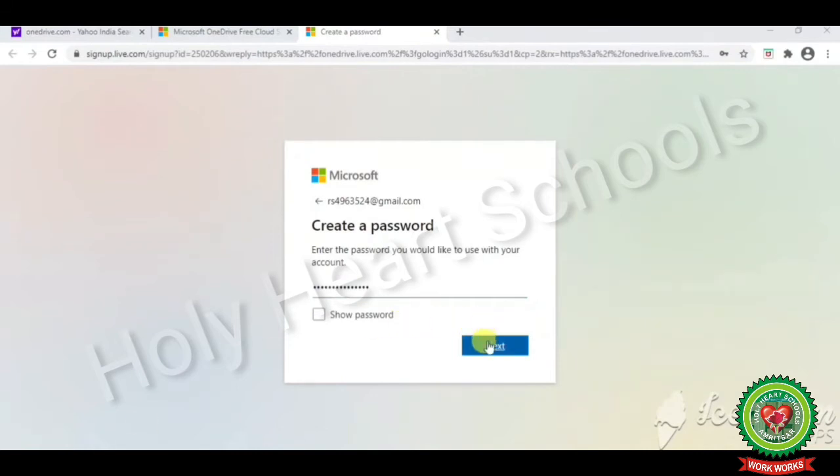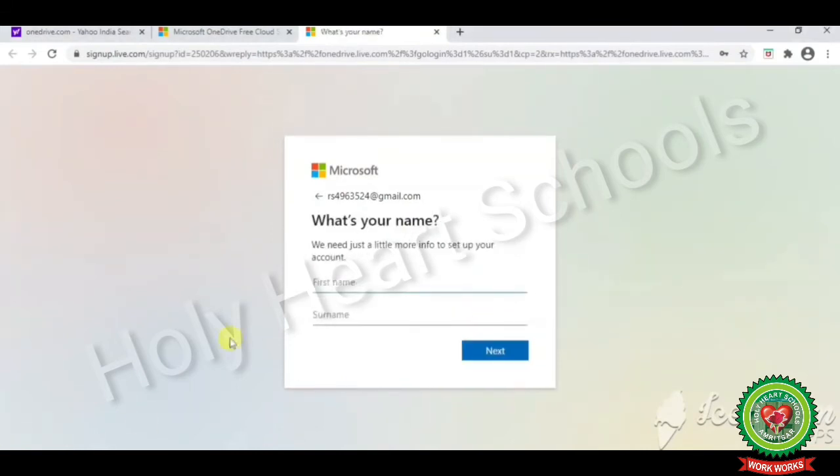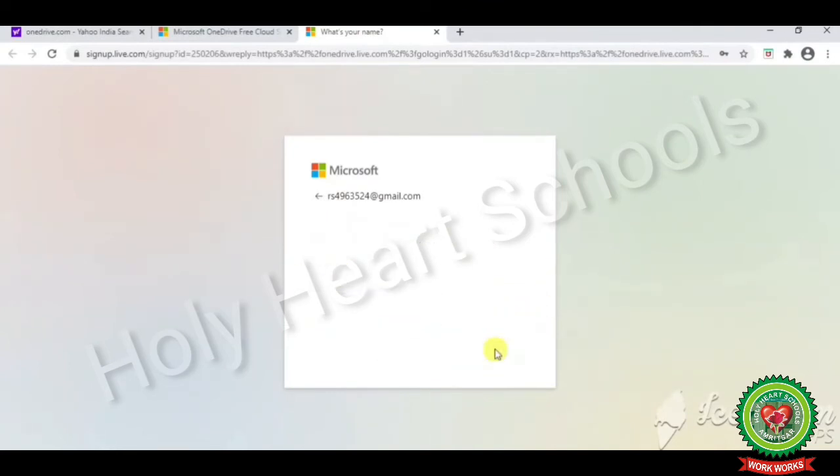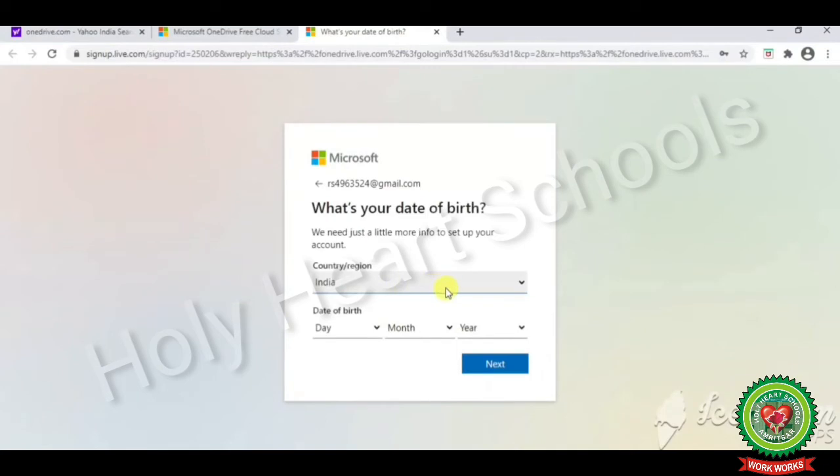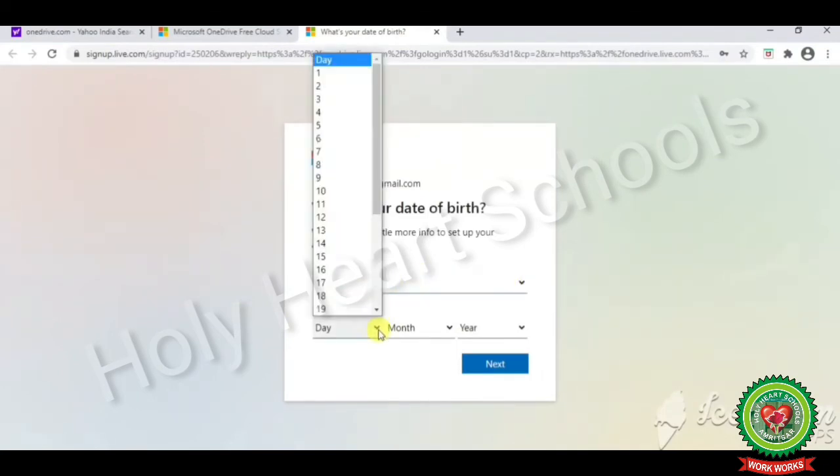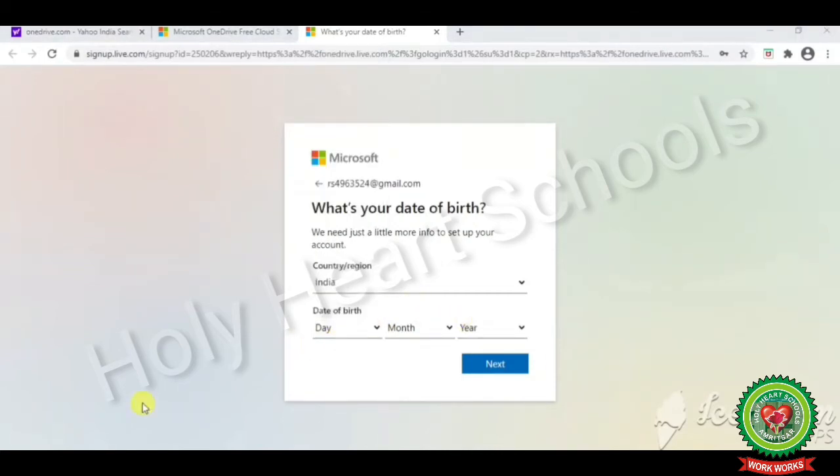Click on next button. Write your name. Then again click on next. Country, write down the country here. Then day, month and year. Then again you have to click on next button after entering your date of birth.